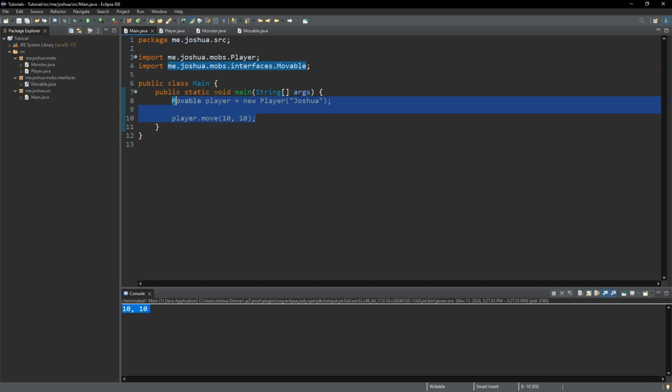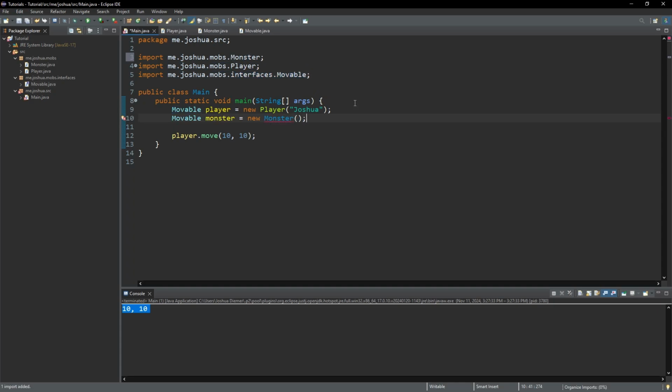So what that allows me to do is if I say Movable monster = new Monster, there's nothing in the constructor, import it. There's no errors, even though Player and Monster are two very different data types, they have one commonality, and that's a Movable. So with player, I can now move it. However, since I stored it as a Movable, I'm no longer able to access things like getX or getUsername,